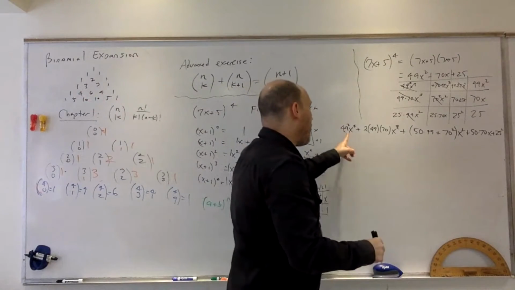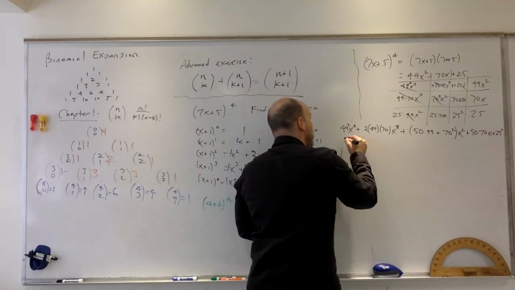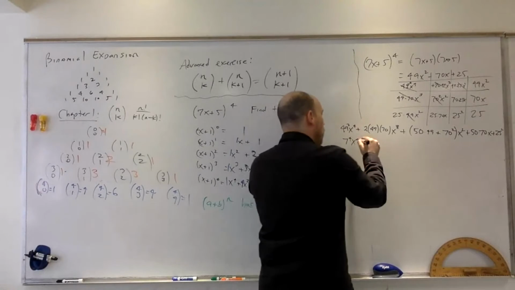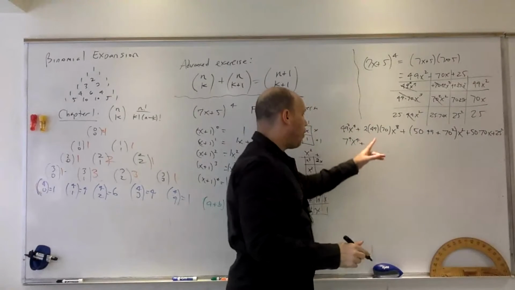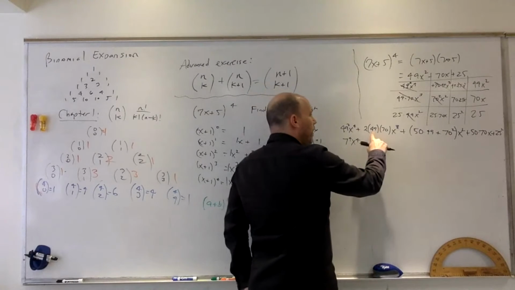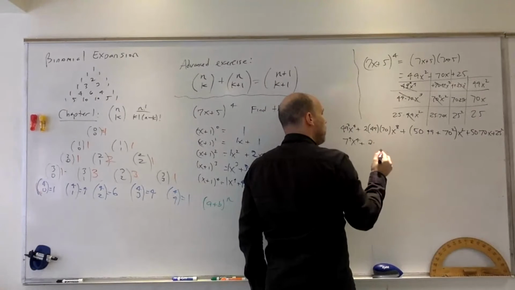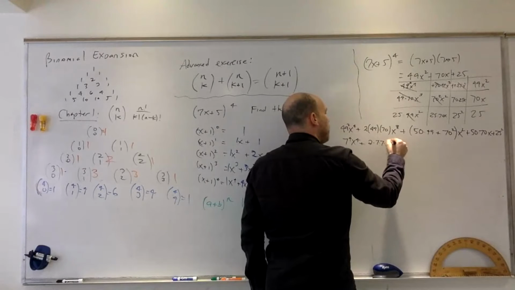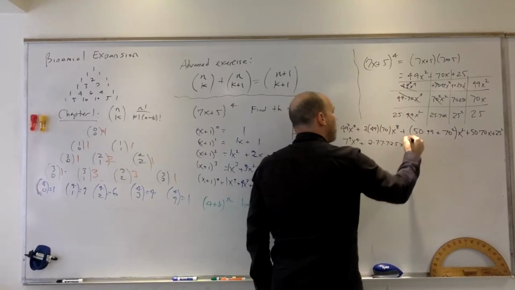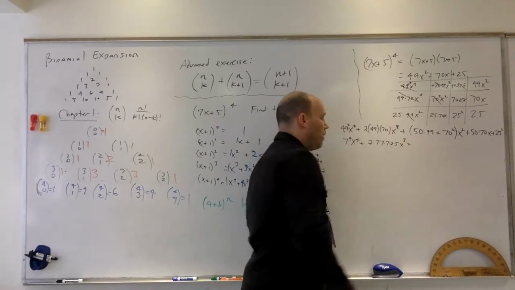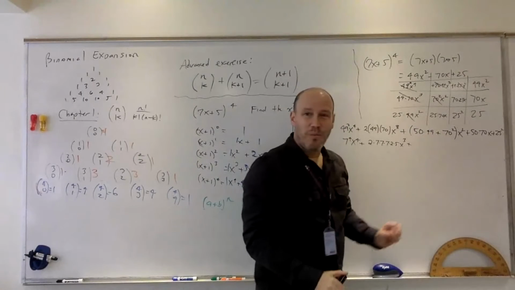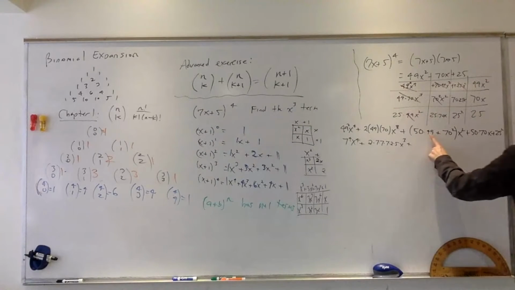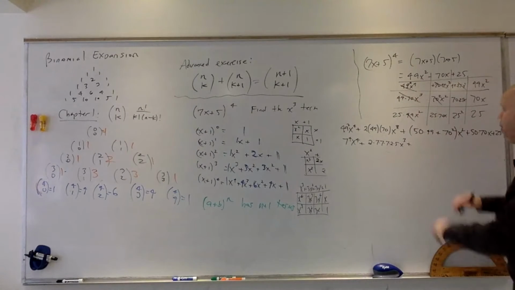Okay. What's going on here? Well, I have 7 to the 4th, x to the 4th. What do I have here? Well, let's see, I have 2, 7, 7, 7, 5, x to the 3rd. What's going on here? Well, I'm going to factor out, let's see, I can factor out a 7, and I can factor,